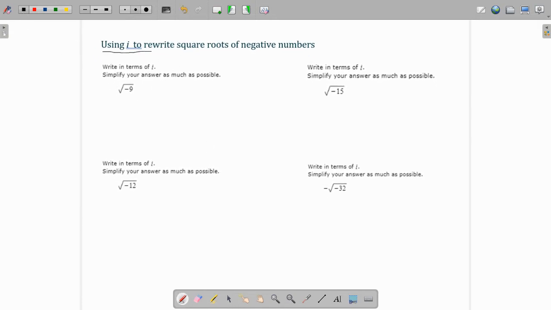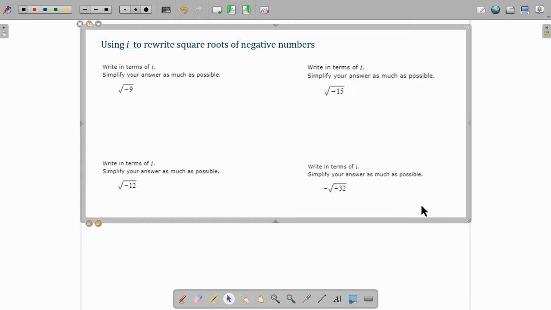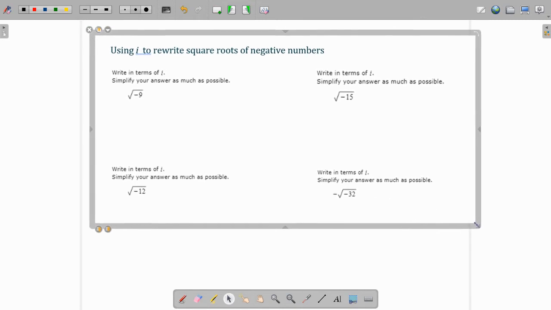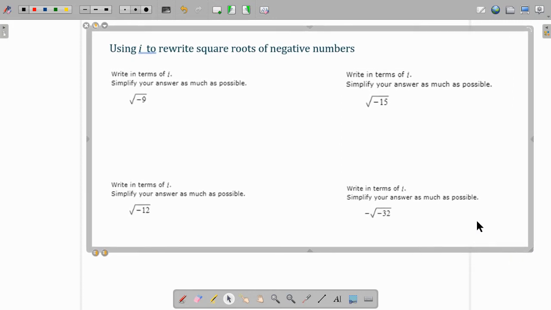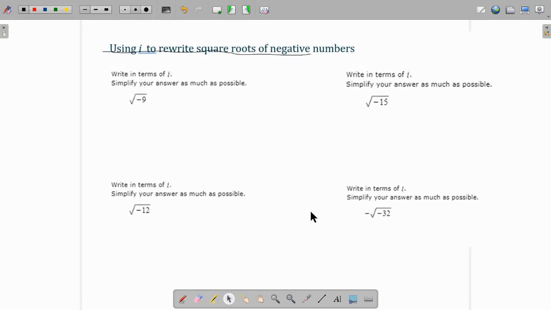Okay, first topic in this video: we're using i to rewrite square roots of negative numbers. Write in terms of i, simplify your answer as much as possible. I'm going to do this in 2 steps, but you can skip it. The way I look at this is